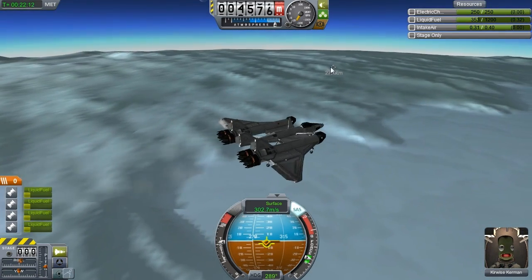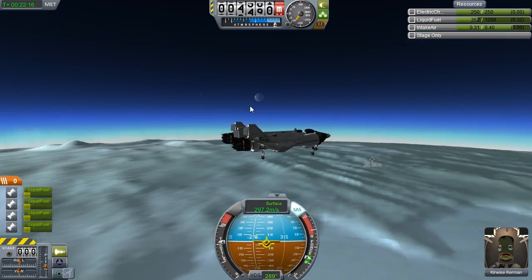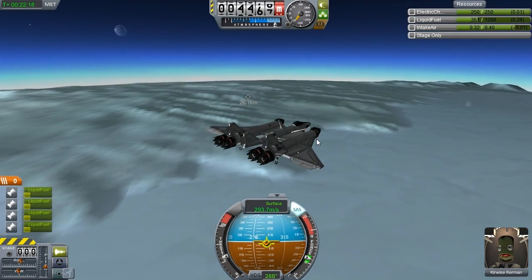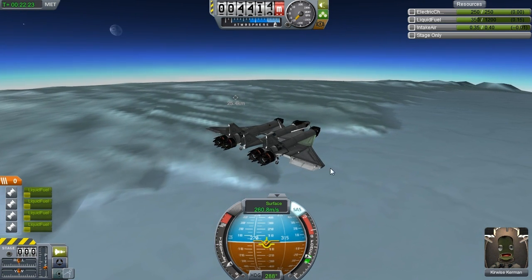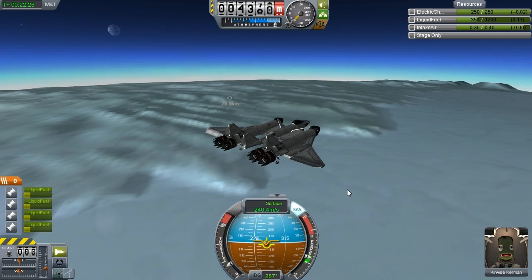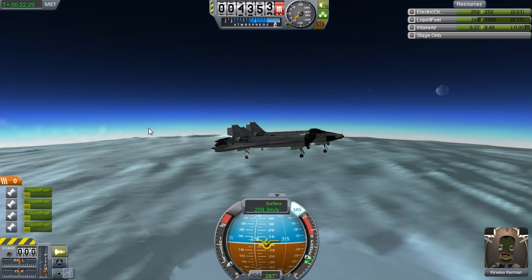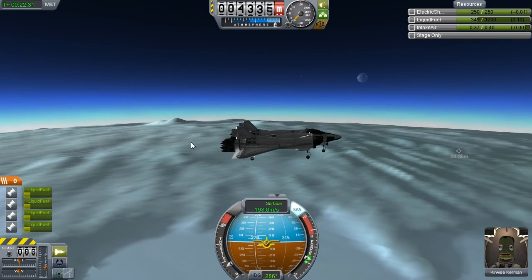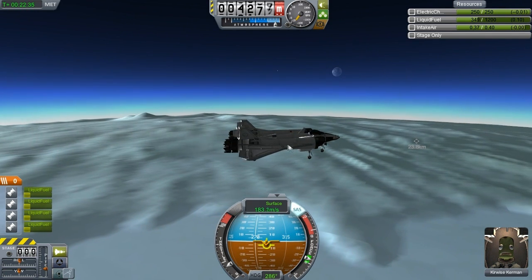Where did our wreckage go? Okay, so it's 27 kilometers away over there. Our angle of attack here still looks pretty good. I'm cutting the engines further down here. Let's try to drop some of the speed off. And I'm not going to do any crazy aero braking maneuvers, because I kind of have to fight against that. That's what happens when I turn the thrust down, the nose of the plane tries to lift up,